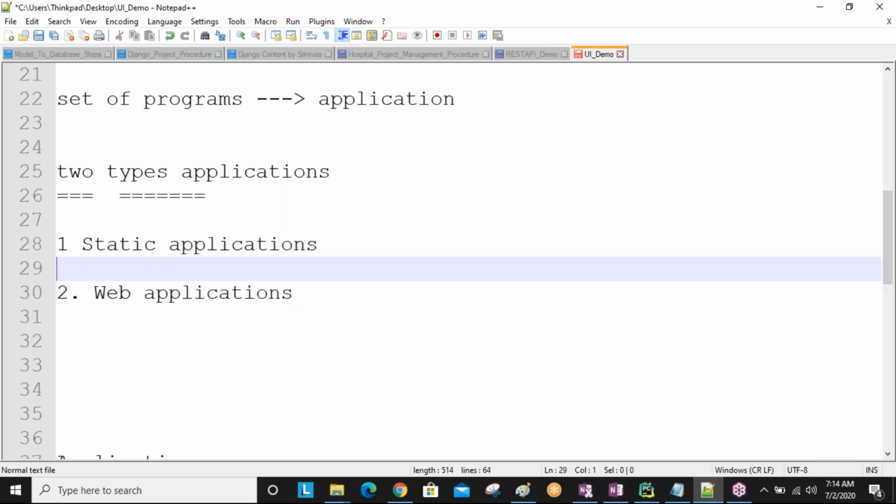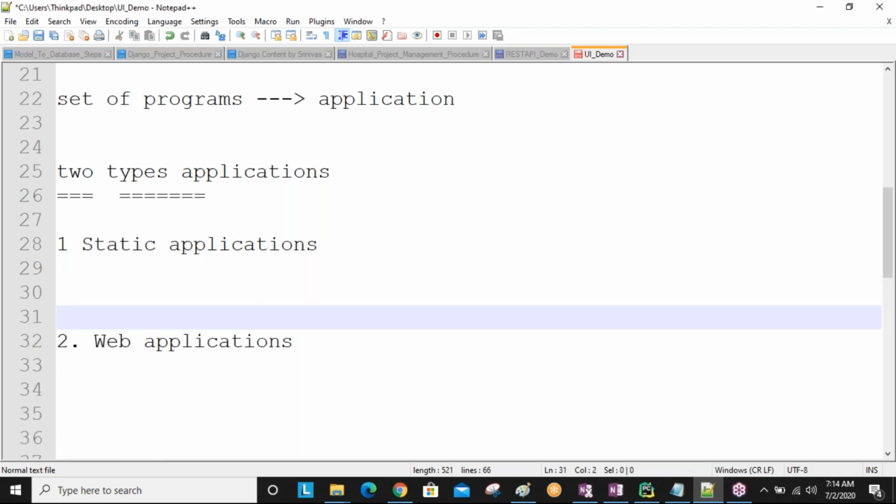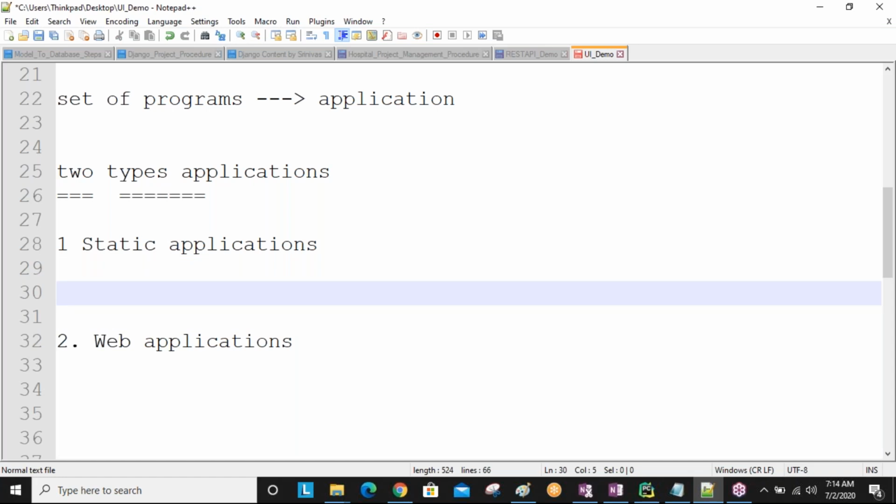Which applications do we call static applications? The applications which work without internet. This is important.